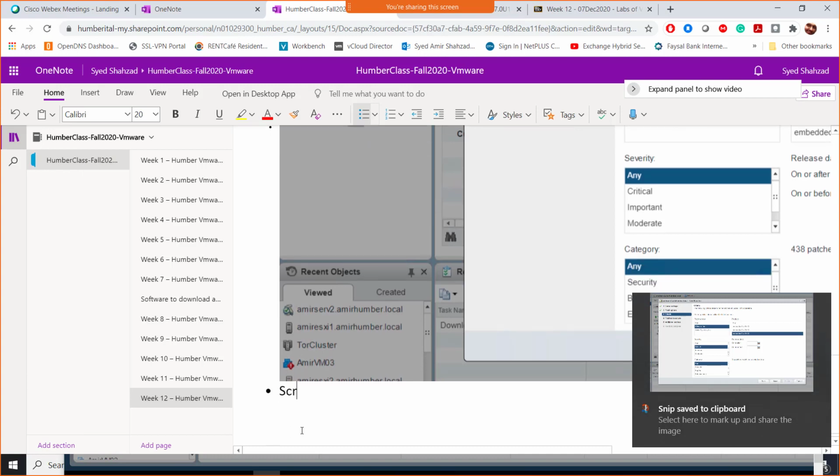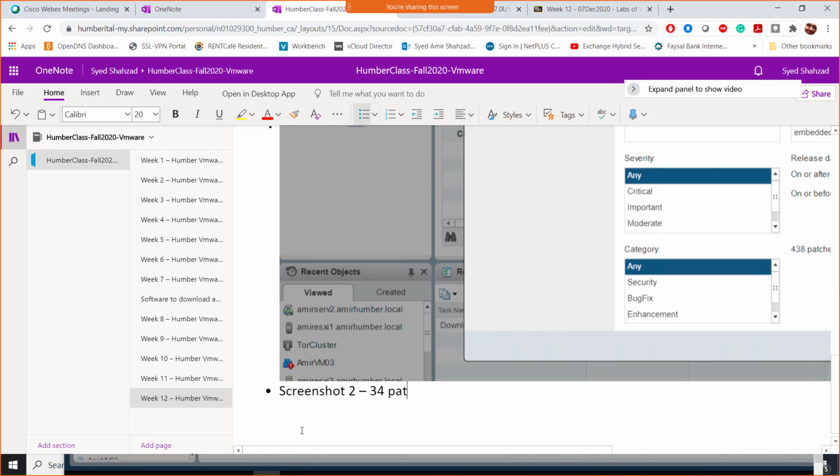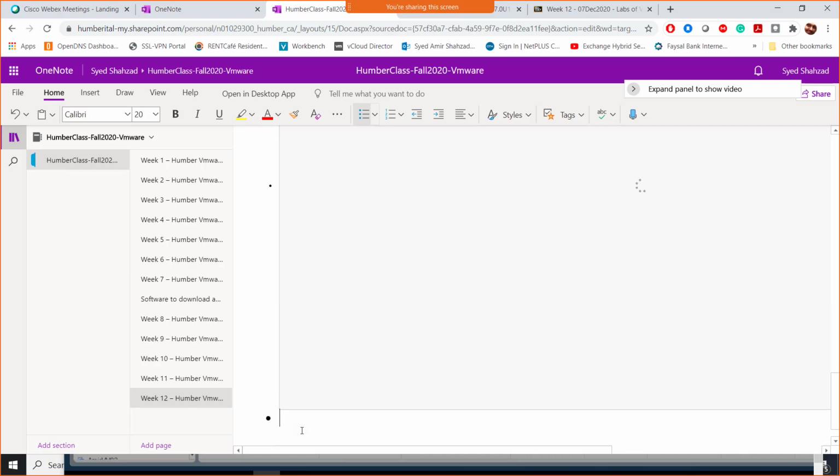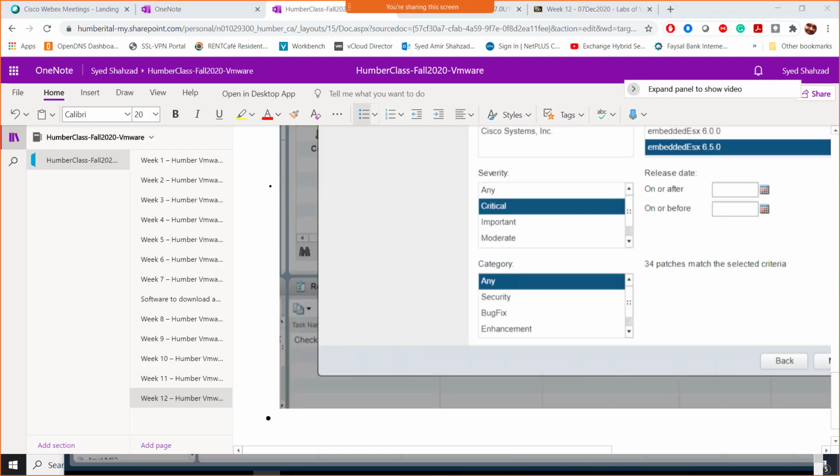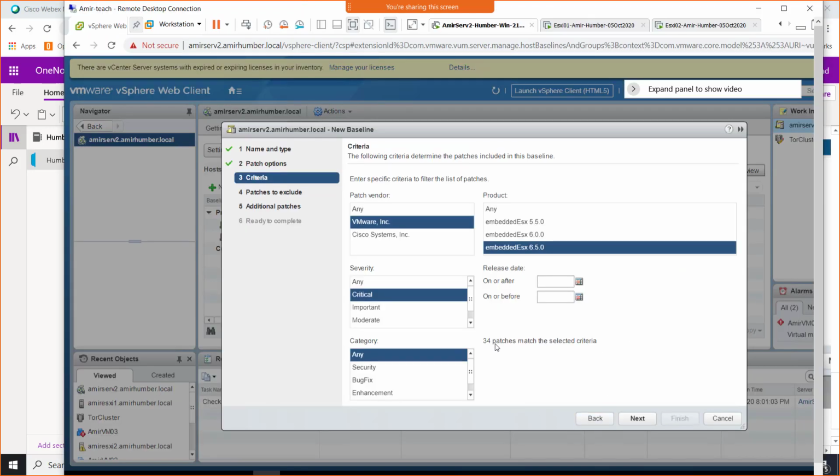Screenshot 2, 34 patches selected. And I'll go for screenshot 2, 34 patches selected in WhatsApp as well. Right? So once the screenshot 2 is taken, then that's it. So 34 patches selected, that's it.